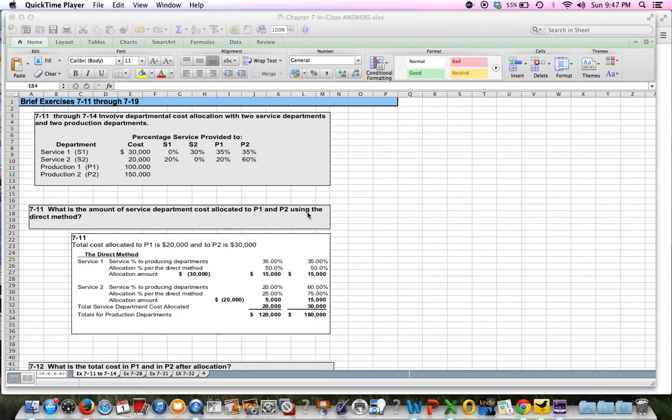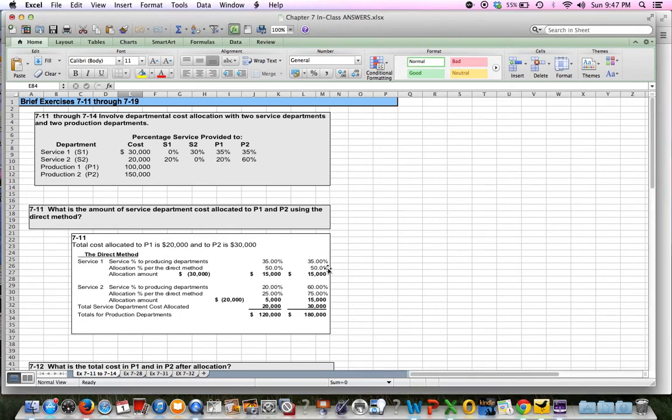using the direct method? Okay, so the total cost allocated to P1 is 20 and to P2 is 30. And so in total that's 50. And up here you can see that the S1 and S2 in total is also 50. And so to do that, what we're doing down here, you can see is we are,